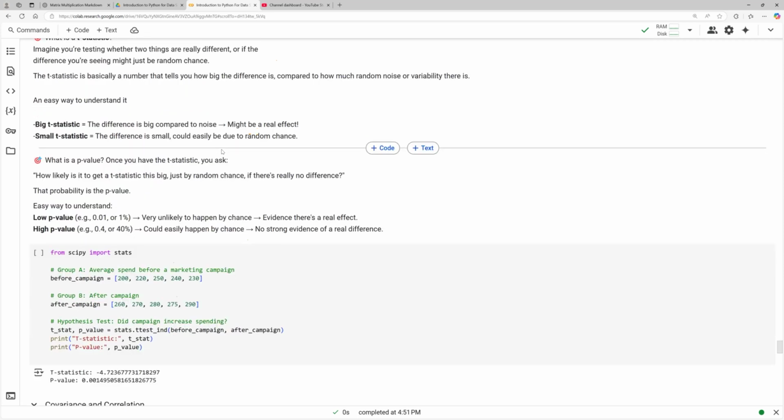So what's a P value? Once you have a T statistic, you ask, how likely is it to get a T statistic this big just by random chance if there's really no difference? That probability is the P value. So a low P value is very unlikely to happen by chance. Evidence there's a real effect, okay? There's causality. And then a high P value could easily happen by chance, and there's no strong evidence for a